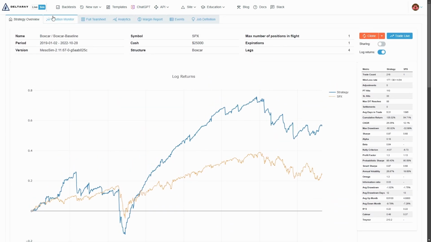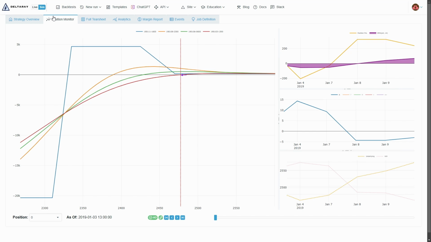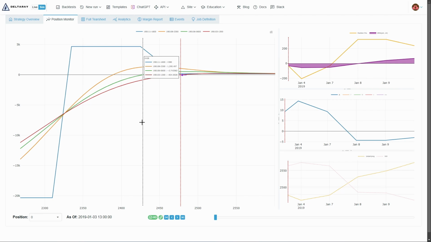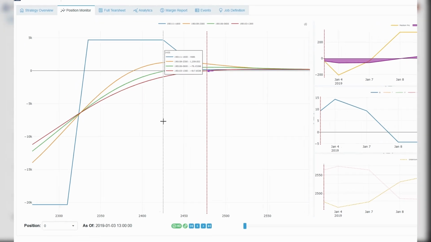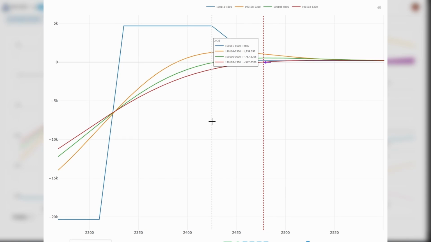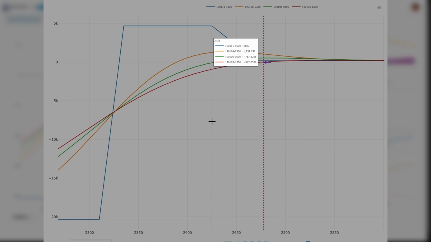Our next tab is the position monitor. This tool is for risk modeling, with the x-axis showing SPX prices and the y-axis showing projected P&L based on the Black-Scholes model, always at a given point in time. For example, at $2,425, the P&L at expiration is